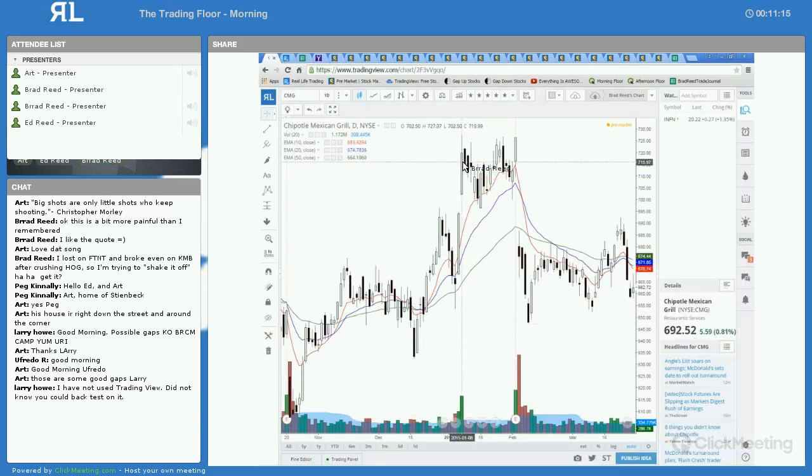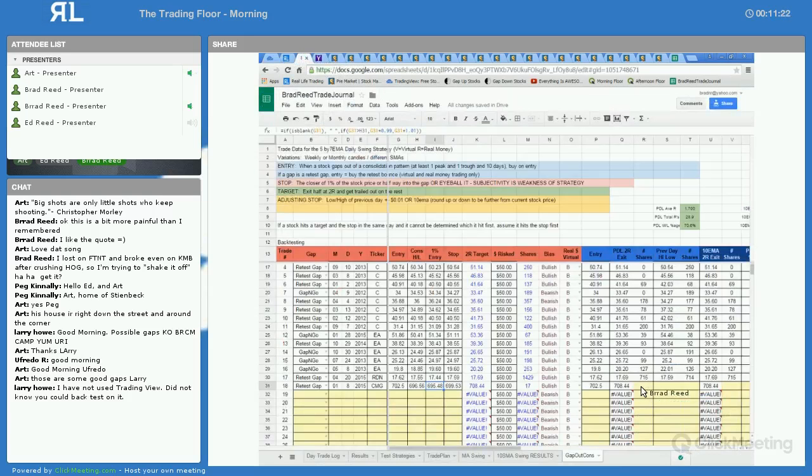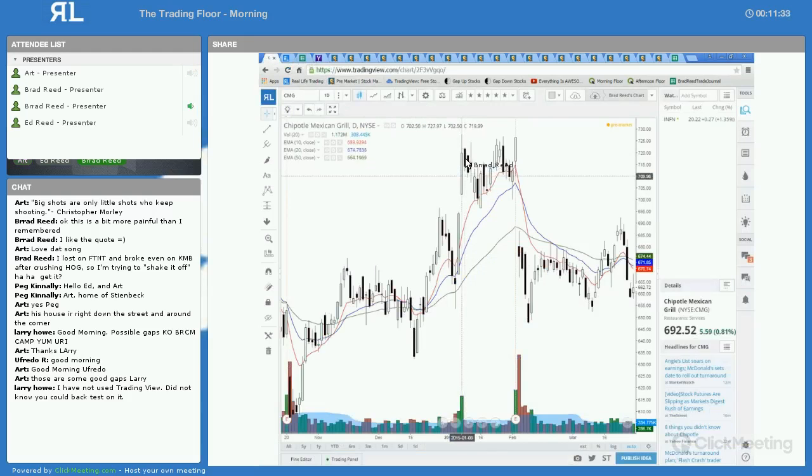708.44. So the high of this day was 727. So it most certainly did hit 2R on the first day. So half of 17 shares, I would call that 9. So on both of these strategies, it would hit 9. And then I have to look at the previous day high or low or the 10 EMA. So for this,